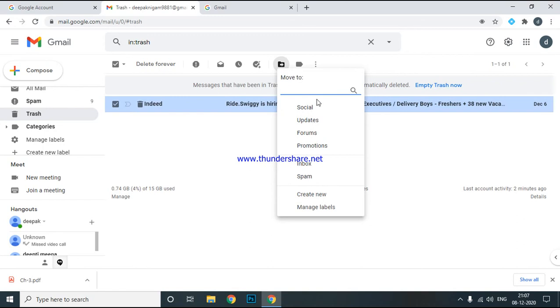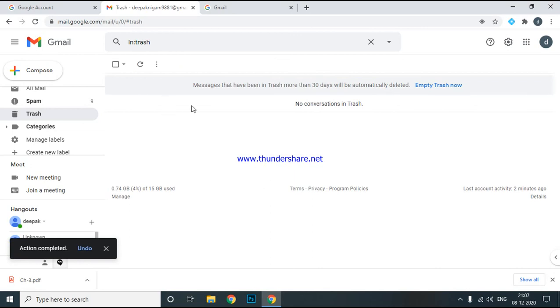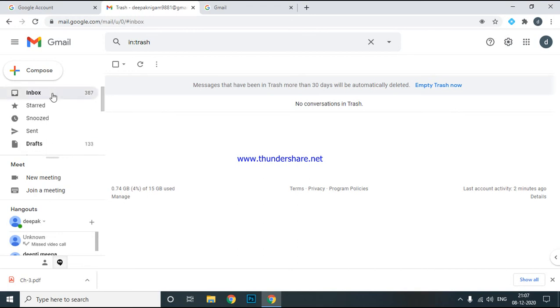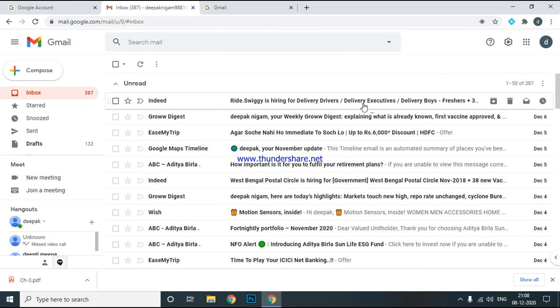When we click move to, choose the inbox. This mail will be removed from the trash and go to the inbox again. Now check your inbox. Yes, the mail is here. So from this you can restore your mails if you accidentally deleted them.